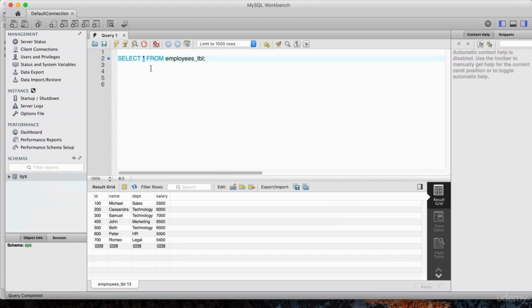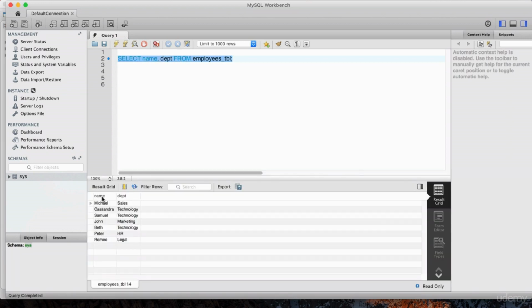So instead of all of the columns, I just want to see two columns. For example, I want to see the name column and the department DEPT column from the employees table, and this is how I would do that. So select name, department from employees table. So let's just highlight this and hit the Thunderbolt button, and boom, notice that we only see the name column